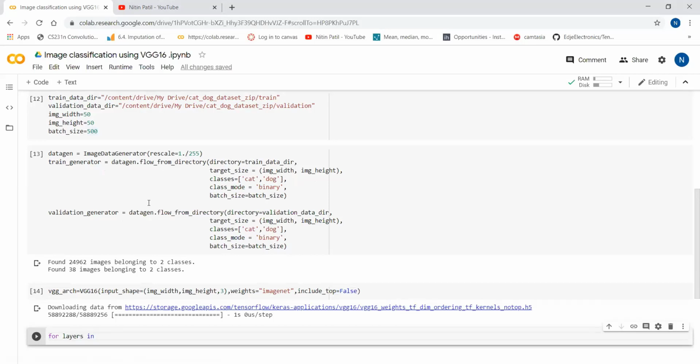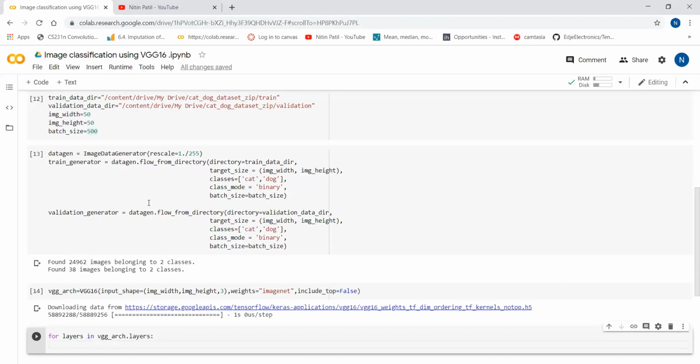Then we will say for layers in VGG arch dot layers, all the layers we will set trainable equal to false.